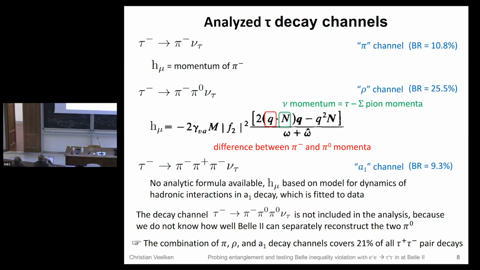With the 3 channels that we did consider, we already covered 21% of all hadronic tau pair decays. And the maximum that we could gain by covering all the decay channels is another factor of 2. It's 2/3 per hadronic tau decay. You have a tau pair, so 4/9 is the theoretical limit. So it means that potentially we can improve the statistics of this study by another factor of 2 in the future.